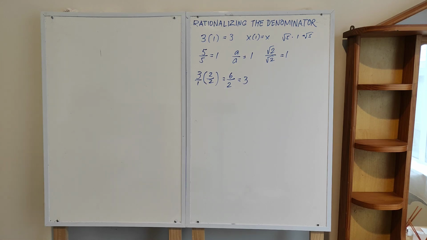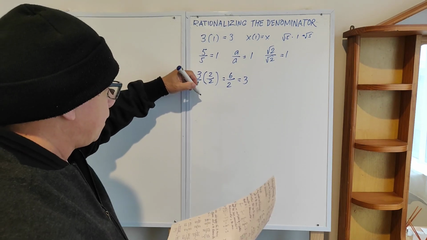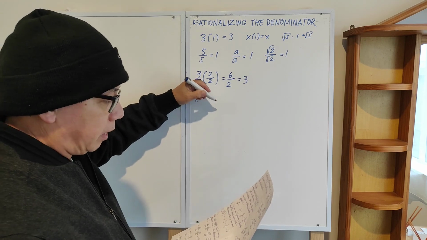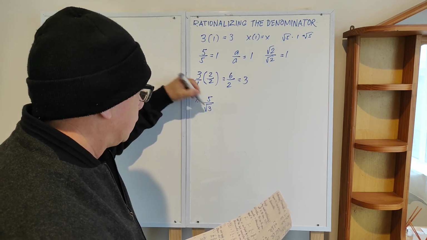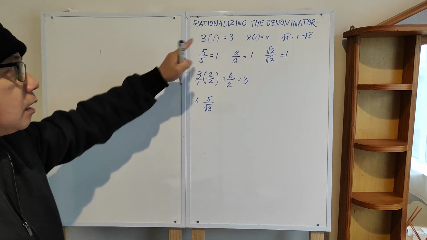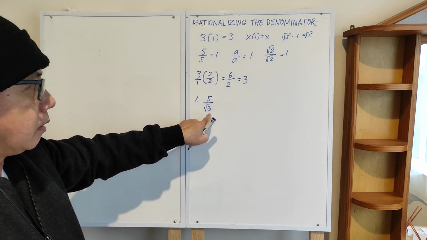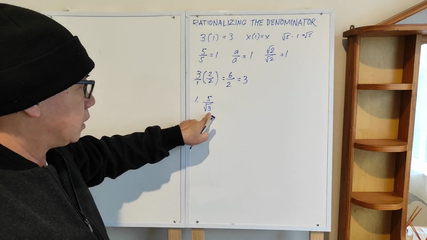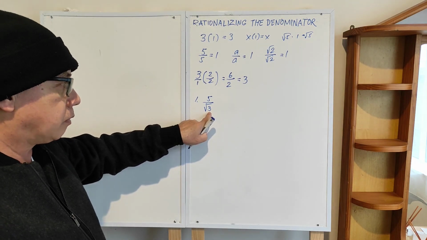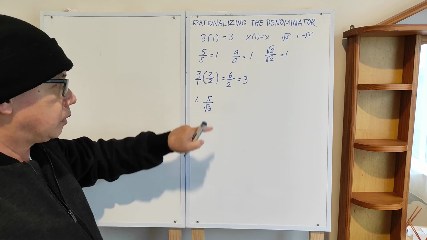So we will apply these principles in rationalizing the denominator. Example 1: we have 5 over square root of 3. Rationalizing the denominator means we remove the radical sign on the denominator. So what we need to do is to make this into a perfect square, and then that will remove the